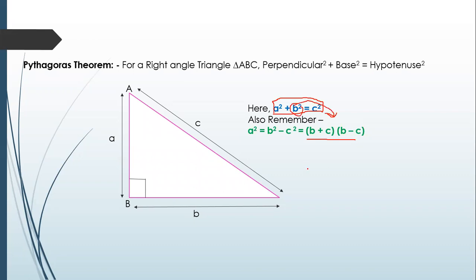You will get c square minus b square. Okay, sorry. So this result is actually wrong, I believe, because see, I am writing the correct result. So basically a square is equal to c square minus b square, which is equal to c minus b into b plus c. So this result is somewhat useful for mathematical Olympiads, because this small change can change the whole problem. So you must remember this form also. This form is very important.